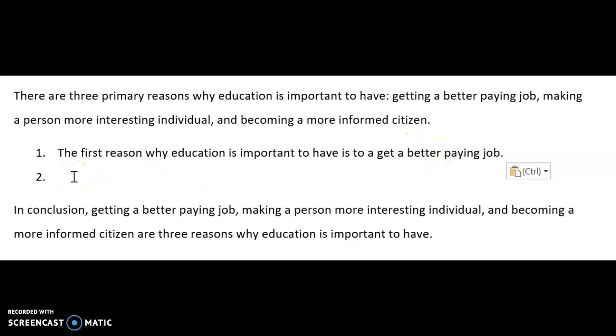And I can do this again. Instead of saying the first reason, I can go the second reason, the last reason, and so on. I also like to use different transitions as well. For example, in addition. But I like to amp it up a little bit and go in addition to. So that way I'm referring to whatever I said before. So in addition to getting a better paying job,